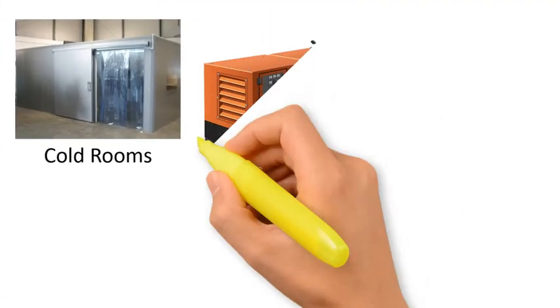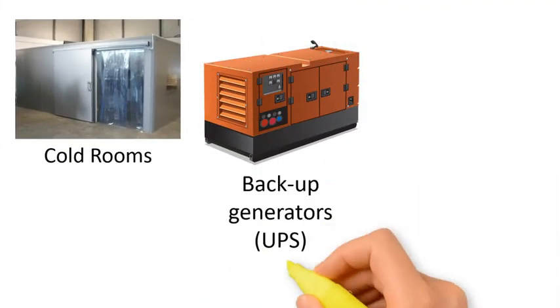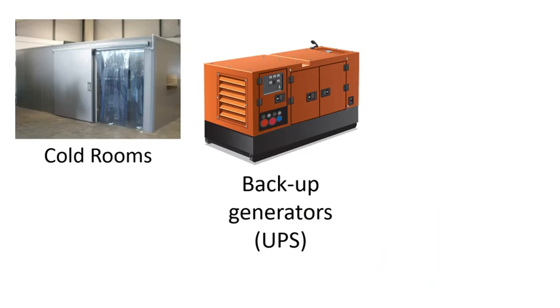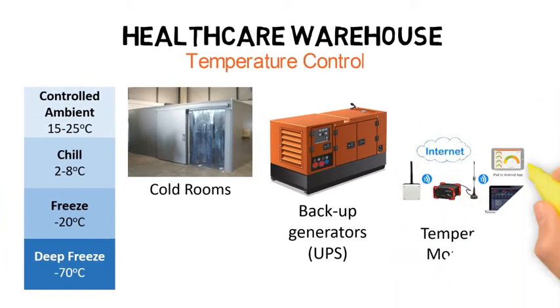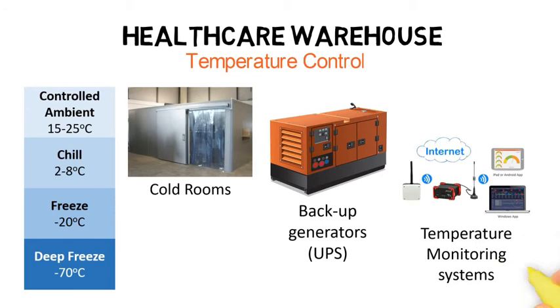Backup generators or uninterruptible power supply (UPS) units have to be installed to protect against loss and damage due to sudden power failure. There must also be monitoring systems in place to ensure that temperature requirements are consistently met. This can be manual systems involving temperature logging devices or sophisticated wireless systems providing real-time alerts when non-compliant temperatures are